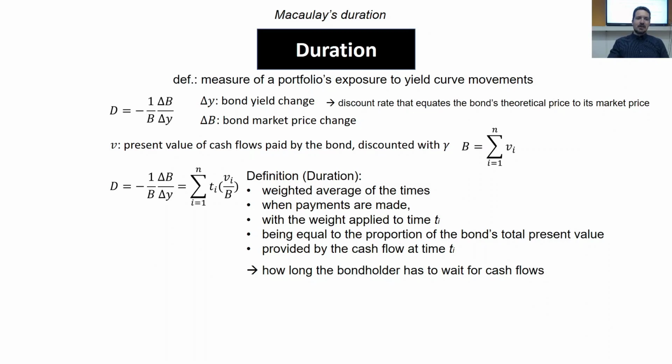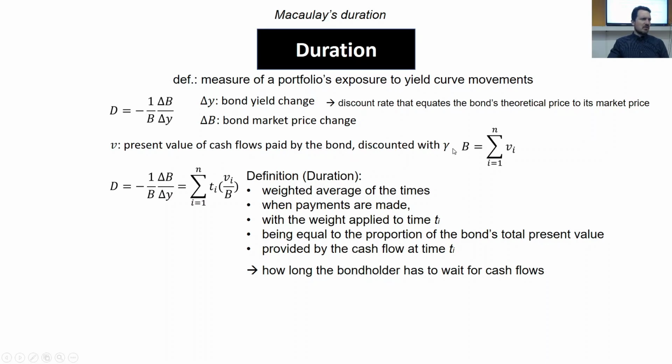Okay, but now we have the computing part of the journey, because now we have duration. And we can see what happens with the portfolio if the yield curve changes. So practically this is like a kind of risk. We have the present value of the cash flows paid by the bond, and after that we just have to discount it with the